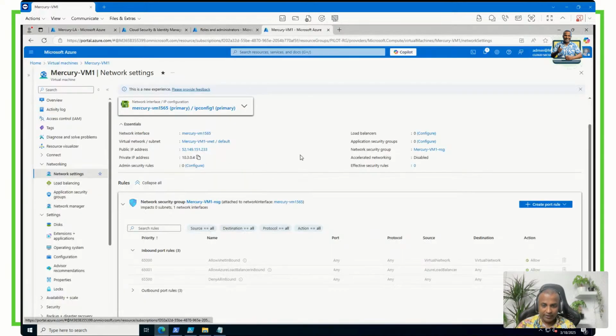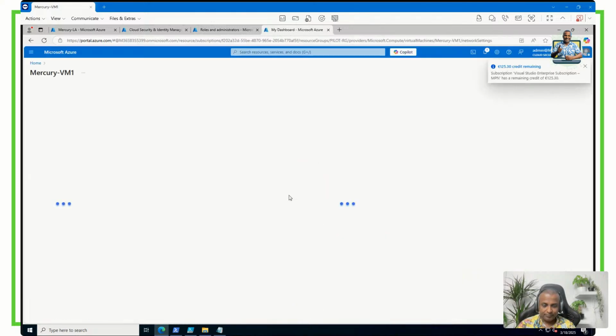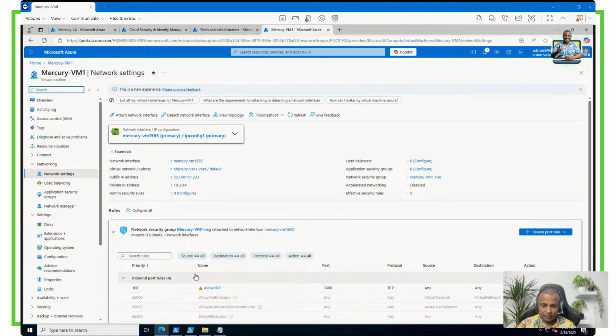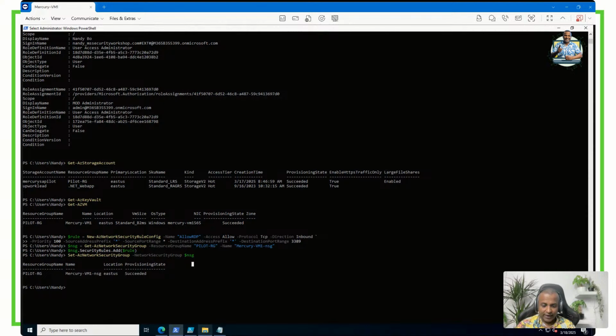So now let me go have a look at that. If I refresh, voila. You can see that now this is available for external access. Now all we need to do is see what the public IP address is. If we find that public IP address, then we should be able to figure out how to access that